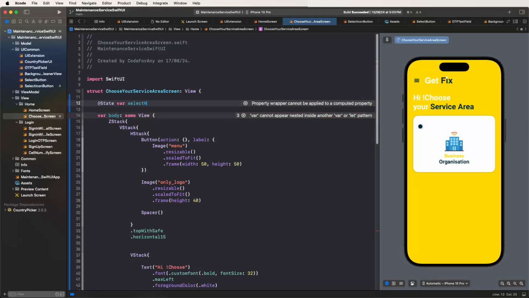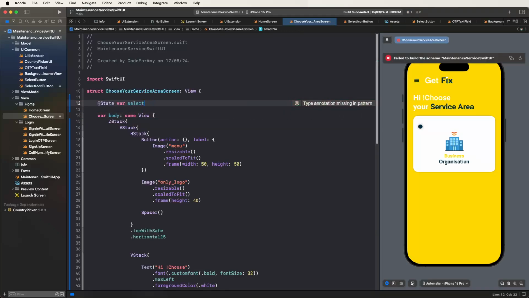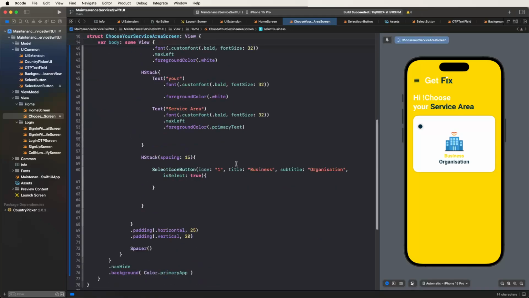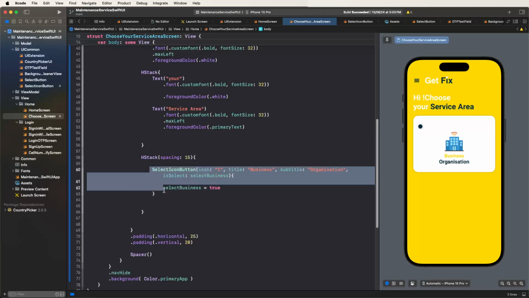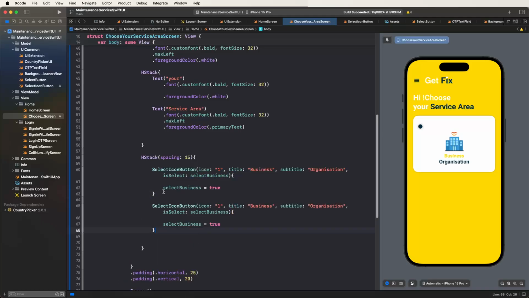business. Write the business here. We need to fix the type first of all, and write by default as true, like this configures. Now we need to check whether isSelect is business, then true like this, and business also we need to set true. Again, we need to copy and develop another one. Now give this true, and we need to set home, and for another one give personal